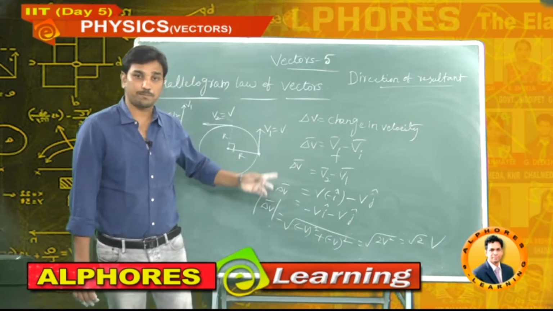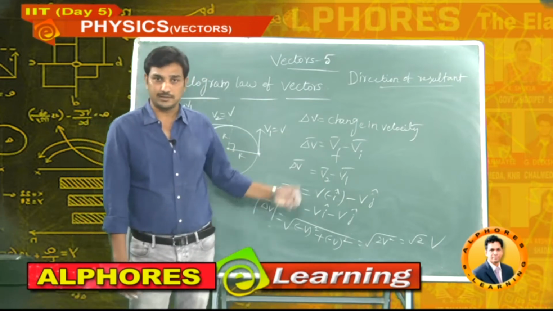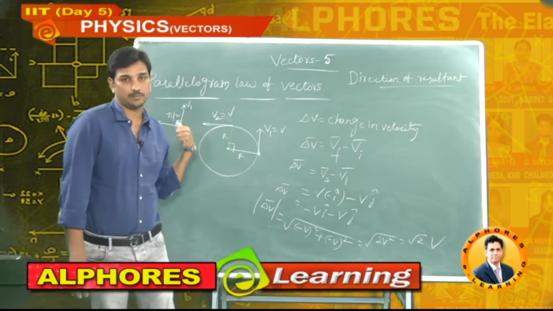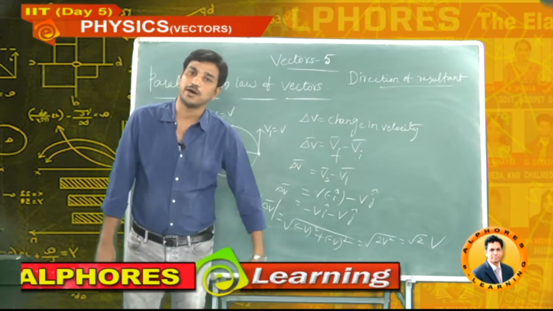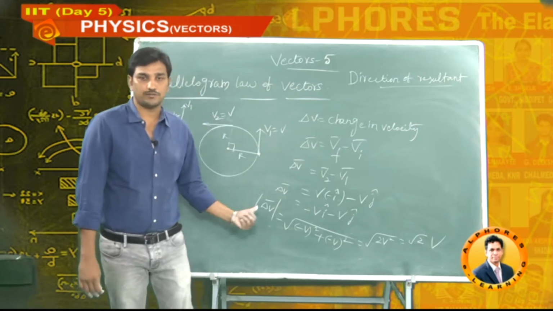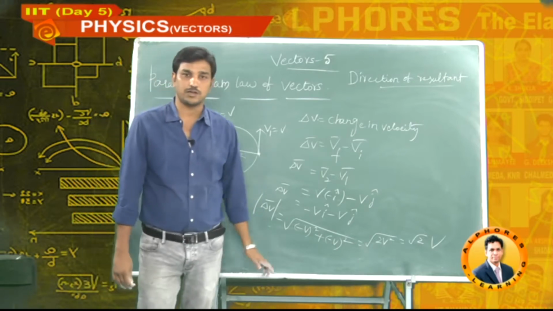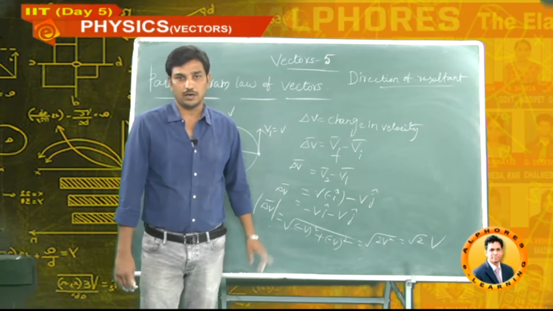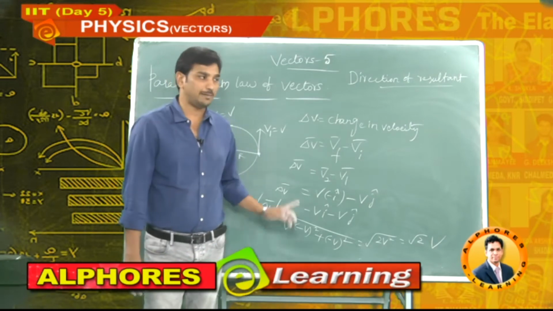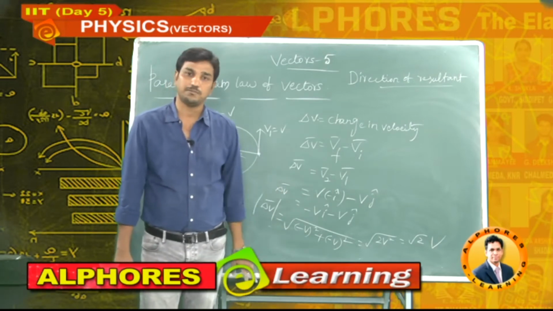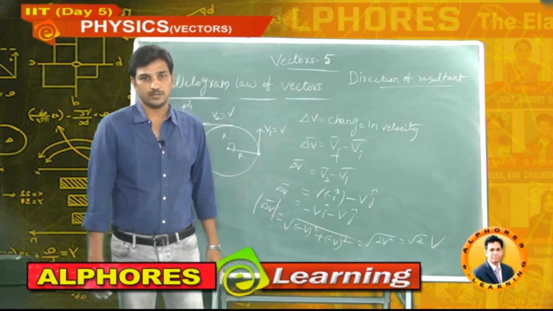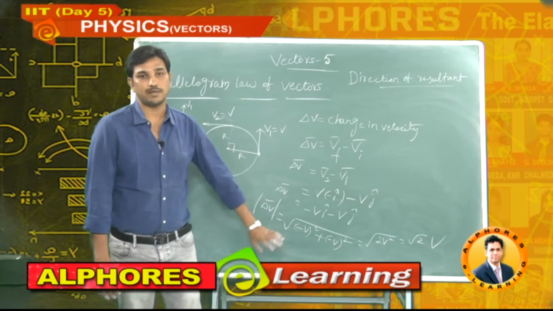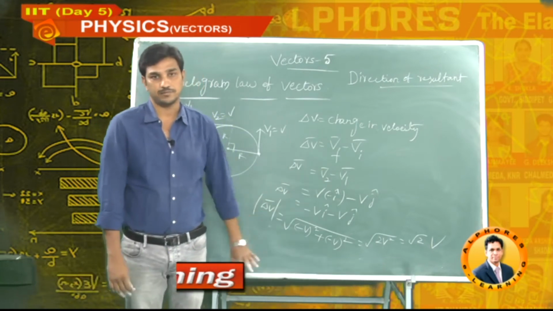After that, we did subtraction of two vectors. What I did, b bar I turned back, negative vector minus b. A bar minus b bar, two vectors, the resultant is a bar minus b bar. Now the magnitude of the resultant is root of a square plus b square minus 2ab cos theta. Now in this case, the resultant making an angle with a bar is tan alpha, that is b sin theta by a minus b cos theta. Finally, I went through one example. With this example, you got the clarity.